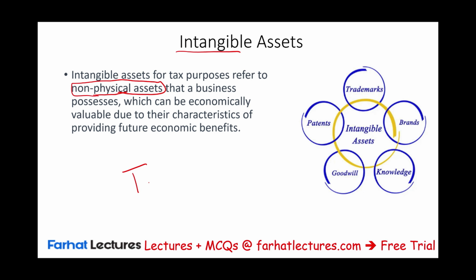Versus we have what's called tangible assets. When you think of tangible assets, think of something we call in accounting property, plant and equipment, like machinery, computers, furniture, chairs, buildings, and so on and so forth. Those are tangible assets. Intangible assets don't have physical existence. However, they are quite valuable.